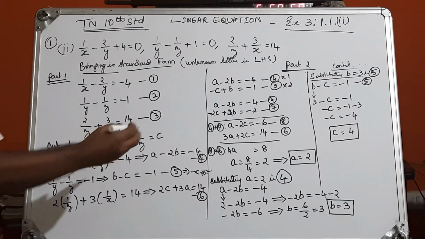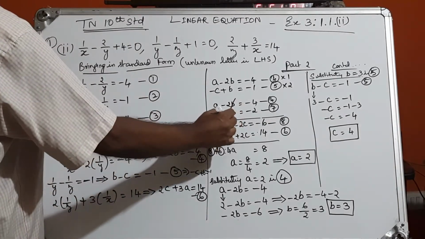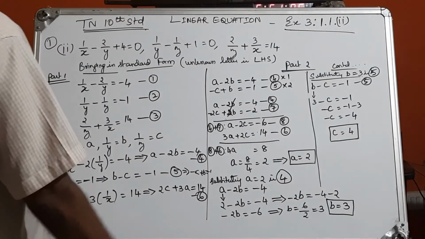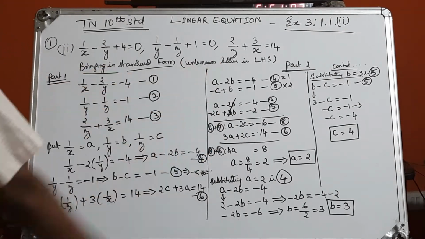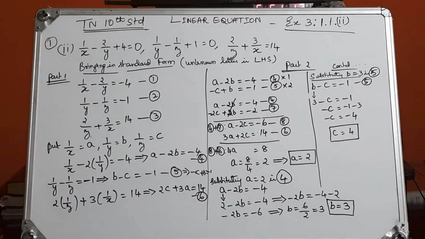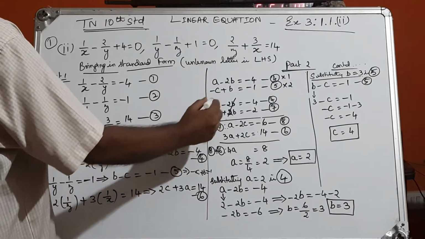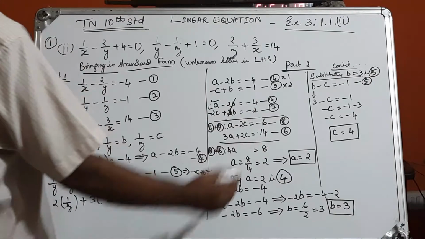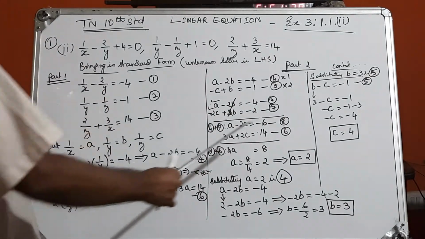Now you have to add. When you add, what will happen? These two will get cancelled. There are two things: one is addition and one is subtraction. Either you must add or subtract. Add is quite easy. Subtract means you must change the sign and then cancel it. So a will come as it is, and minus 2c. Minus 4 minus 2 is minus 6. Call it equation number 8.